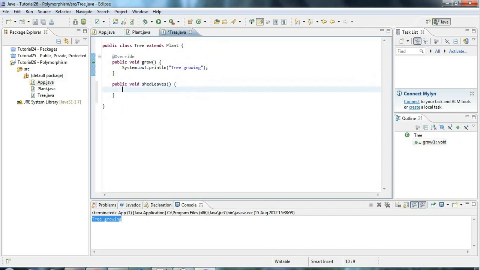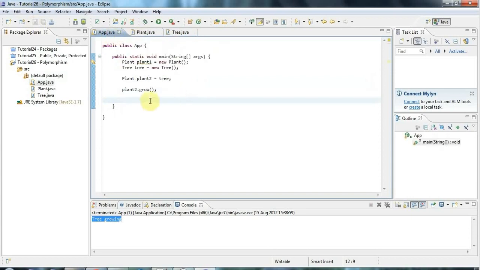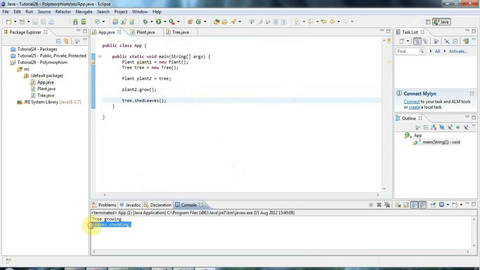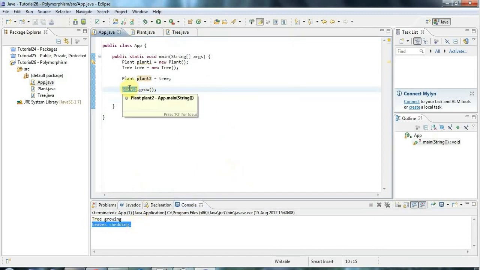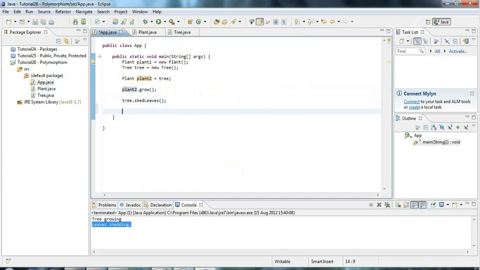So this method is handy in autumn, leaves shedding, or fall as you call it in America. Now if I go back to app, I can say tree.shedLeaves, and of course that will just call the shed leaves method that I've just added to tree. So it says leaf shedding, but now we know that plant 2 is also a tree, but if I look at plant 2 and I try to do shed leaves,